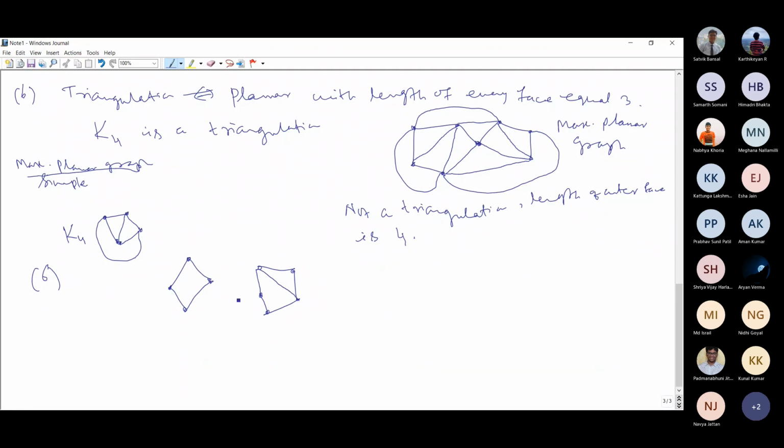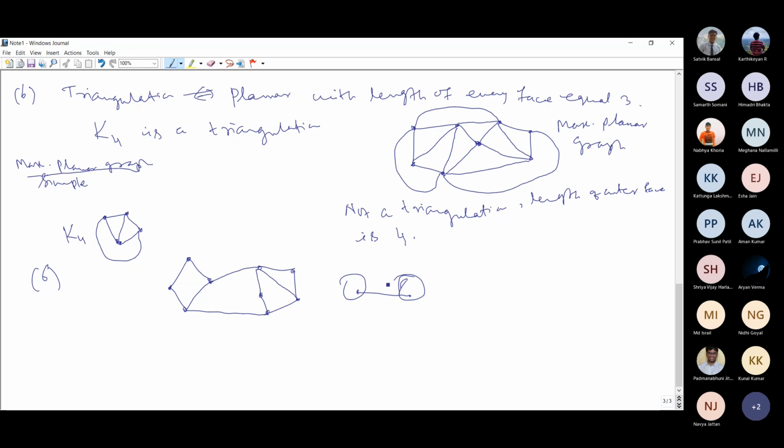If a graph consists of at least two components, it won't be maximal planar, because you can always add some more edges between these two components. You can always include new edges so that the resultant graph will still remain planar. So it cannot be disconnected. Planarity will not be disturbed, therefore it won't be maximal planar.